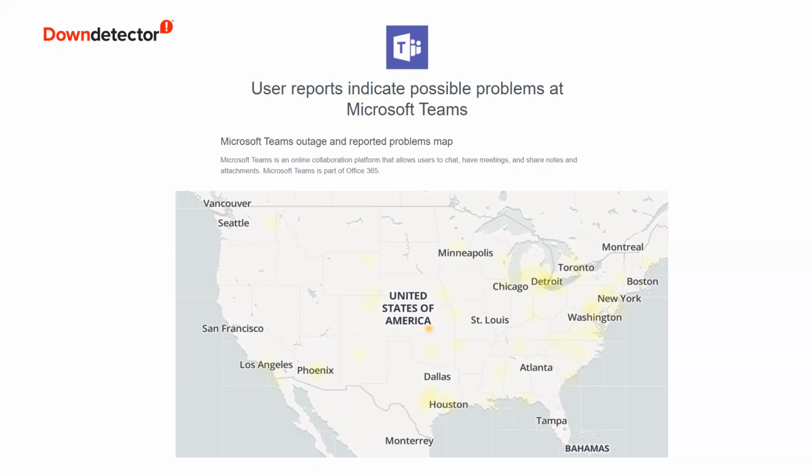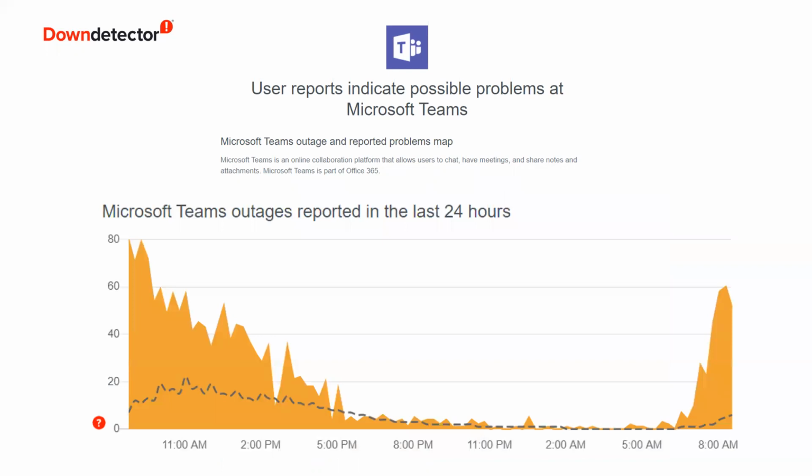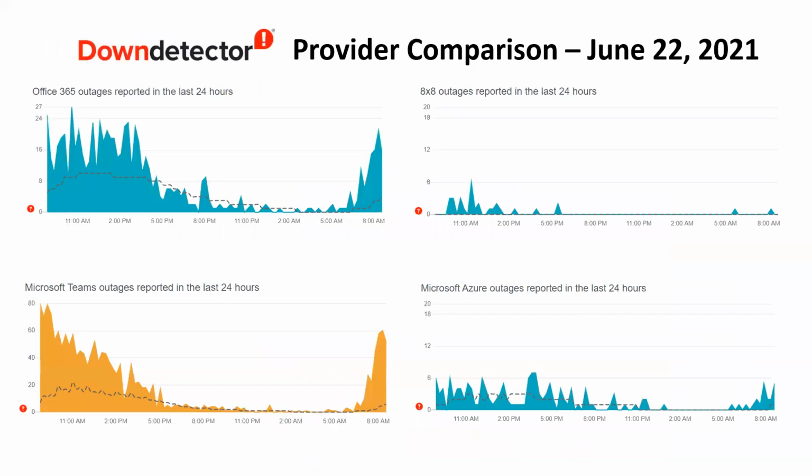These are outage user-end reports indicating possible problems at Teams. It almost always says that. When you look at the outages over the last 24 hours, there have been a lot. And by comparison, if you look at 365, which is where Teams is, and you add Teams to it, and you look at Azure, which is where it's located, and you compare all that to 8x8 on the last 28 hours, based on June 22nd, you see it's a big difference in